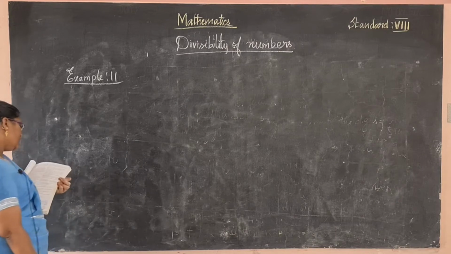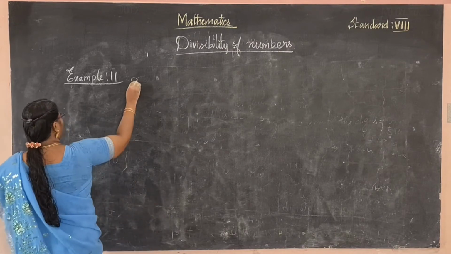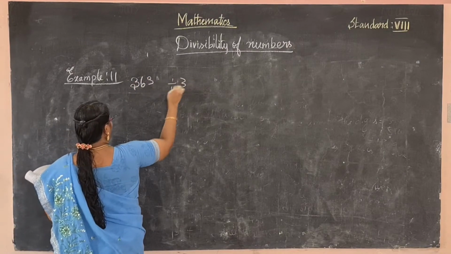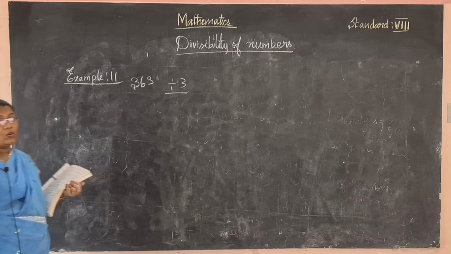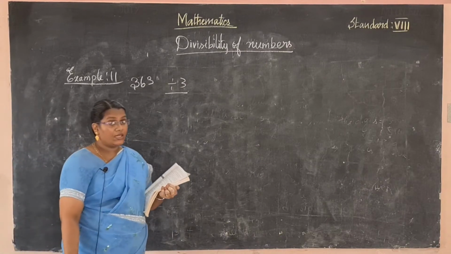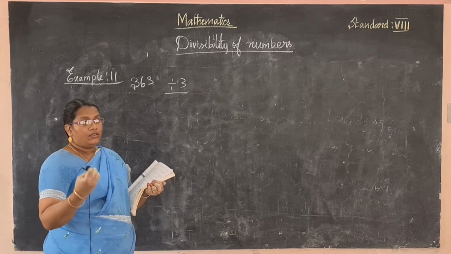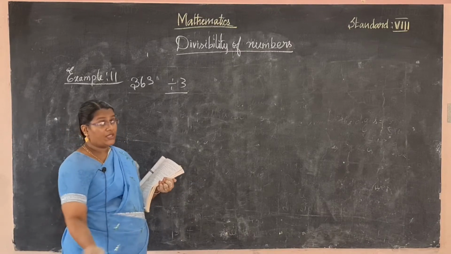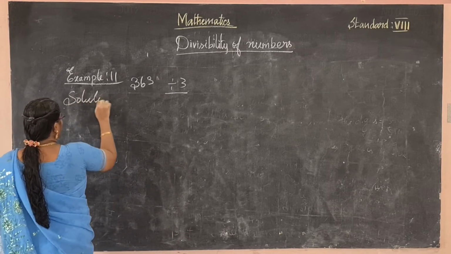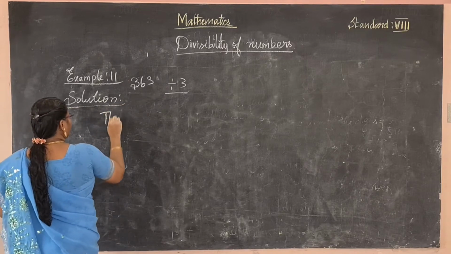Check whether 363 is divisible by 3 or not. Okay. Which number? 363 is divisible by 3 or not. Okay, what is the rule of divisibility by 3? The divisibility test by 3: the sum of the digits is divisible by 3. Sum of the digits, so what we do? Add the digits. Okay, so solution, the sum of